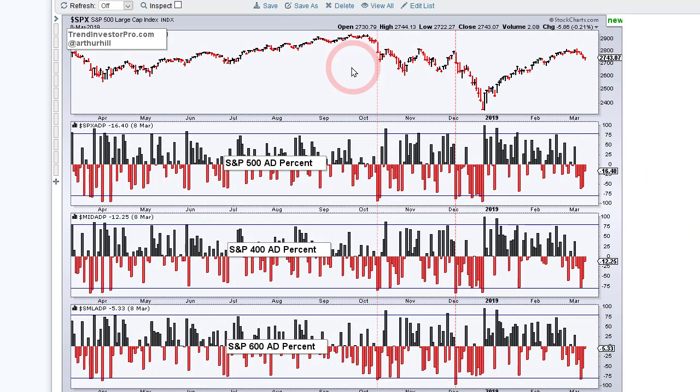Here we have in October 2018, that sharp decline. And you can see we got a little oversold bounce a day later, actually. We had one more day of follow through and then a bounce. And then we moved sideways, and then we had another triple 90% down day in early December,